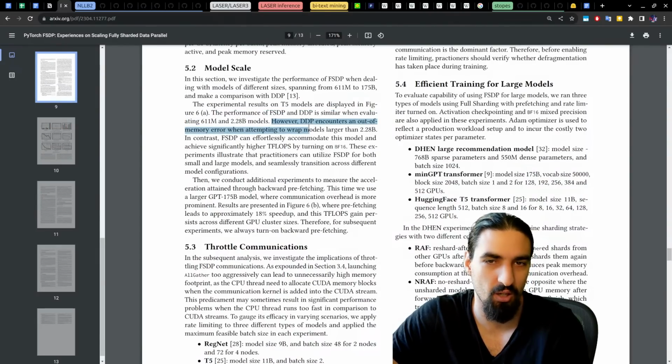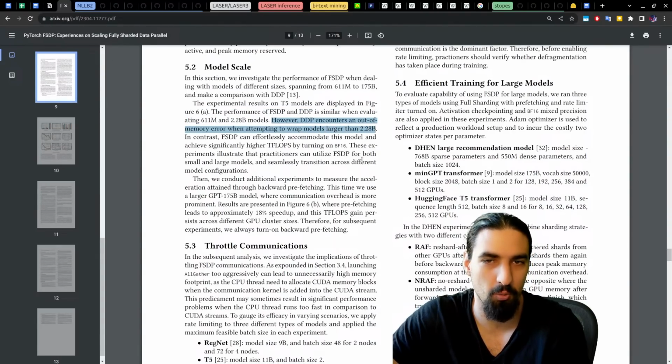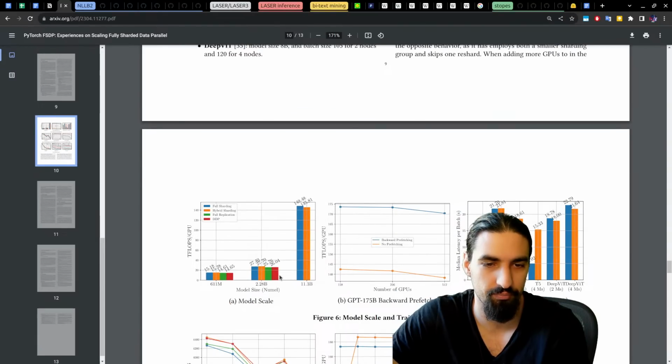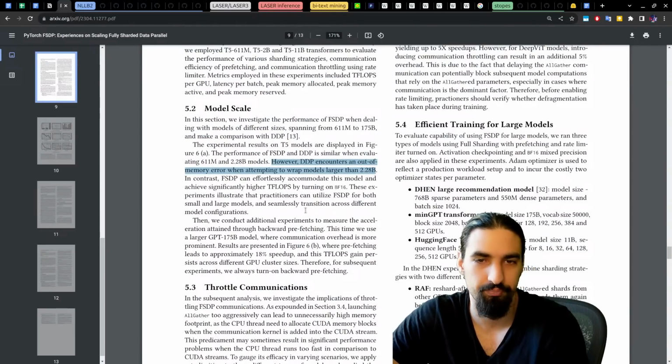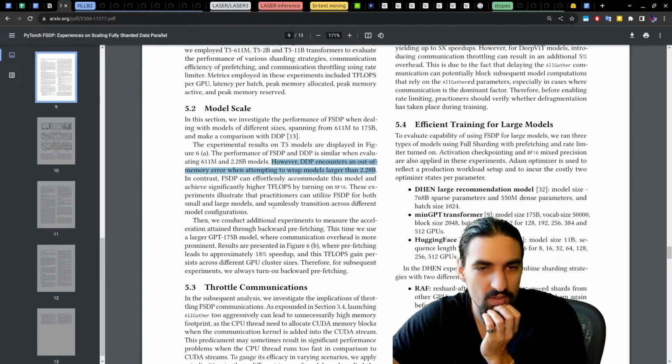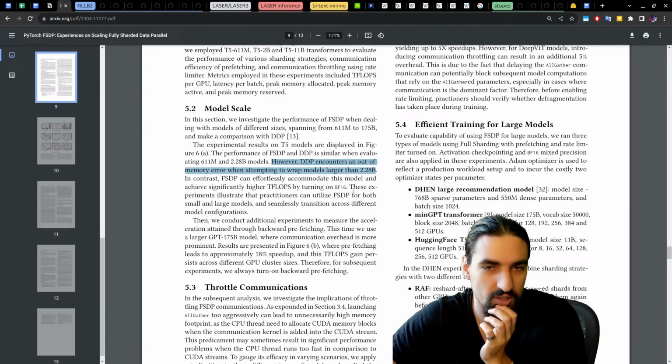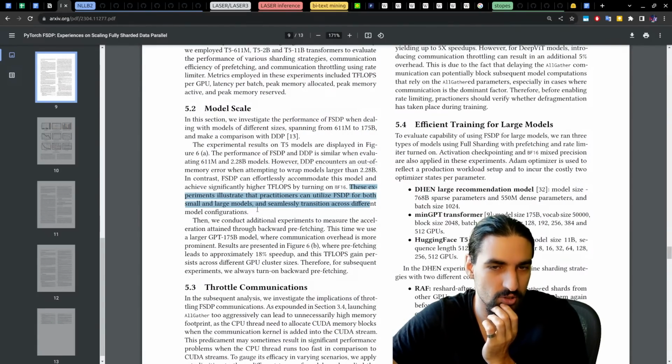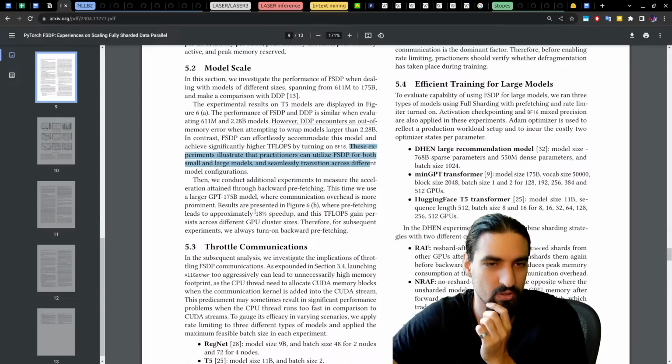However, DDP encounters an out-of-memory error when attempting to wrap models larger than 2.28 billion. So that's why this is the last point where we see DDP. In contrast, FSDP can effortlessly accommodate this model and achieve significantly higher teraflops by turning on bfloat16. These experiments illustrate that practitioners can utilize FSDP for both small and large models and seamlessly transition across different model configurations.